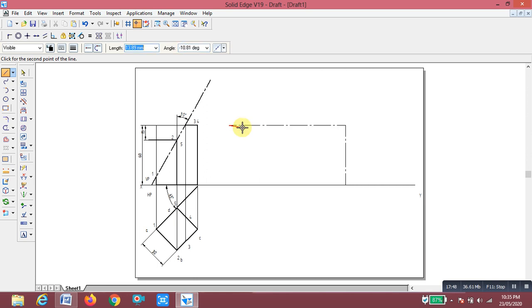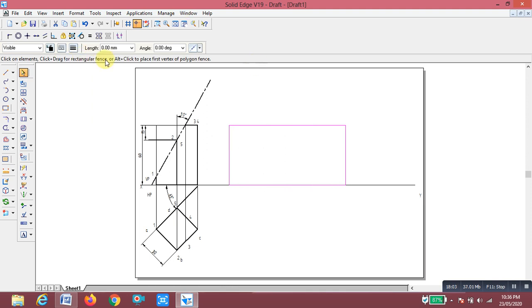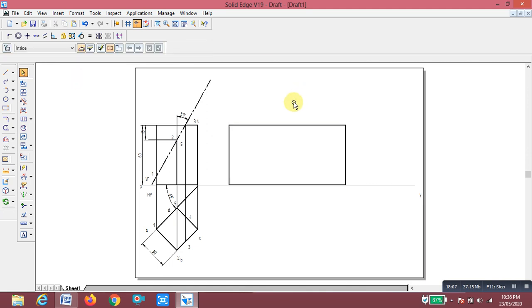Next you make this line a bold, continuous and thick line, 0.5 mm thick. Now we are going to divide this into 4 sides. Select line, thickness of 0.5 mm. At this point, this is the center point, you draw first.